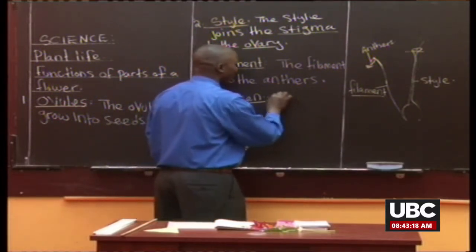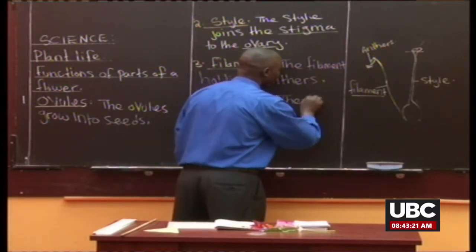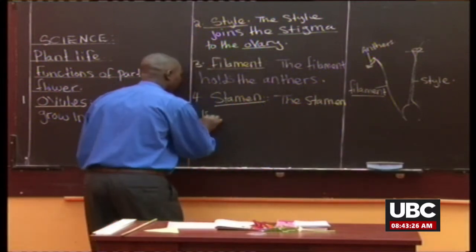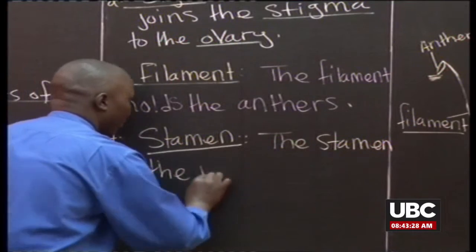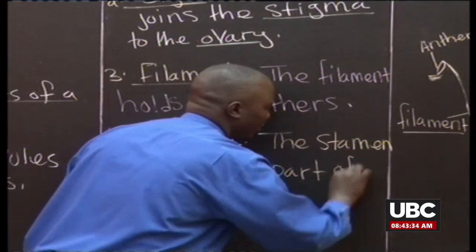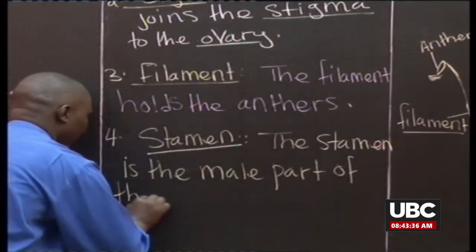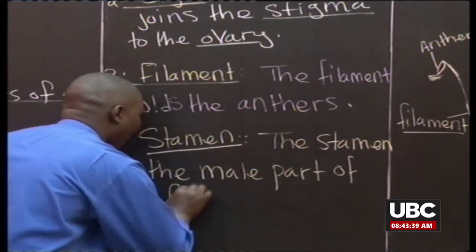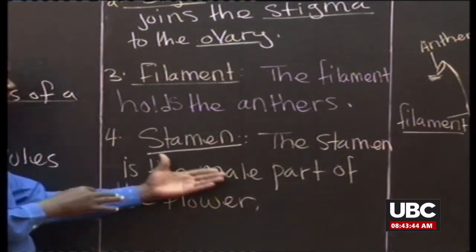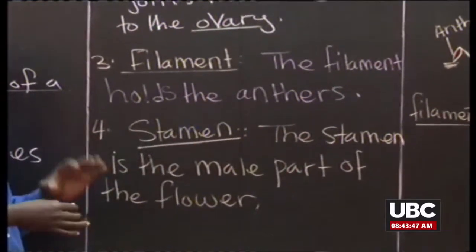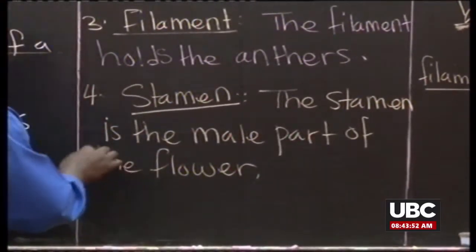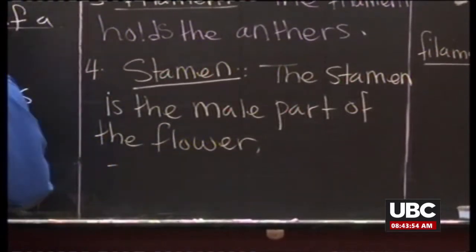So we shall say the stamen is the male part of the flower. The male part of the flower is the one we call the stamen. Which are the parts that make up the male part? So we are writing down and say the stamen